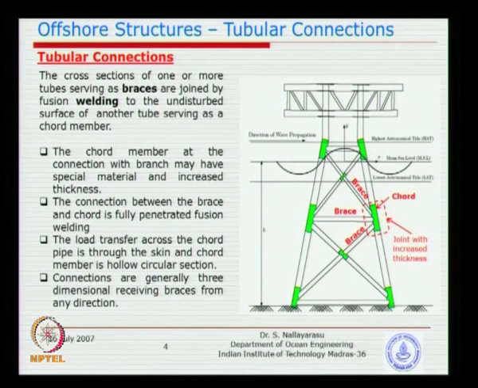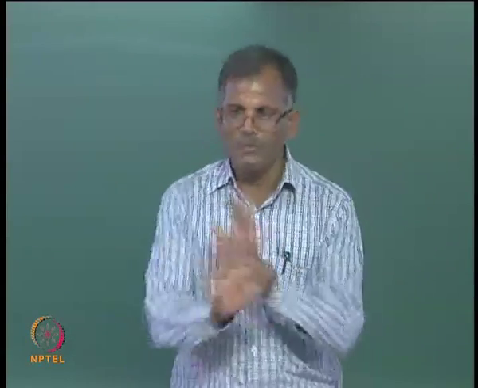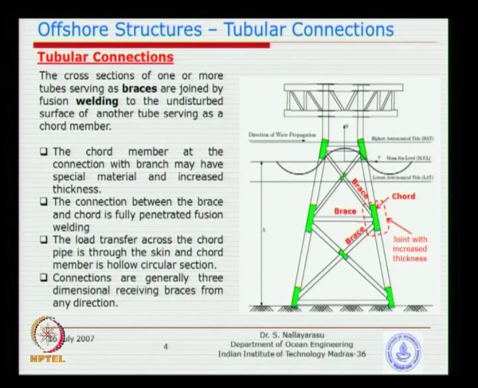So in this particular case, if you look at a particular connection, I have just taken one frame, one elevation from a 3-dimensional structure, and drawn one section in a simplified manner. What is called a joint or tubular connection: a receiving member is called a chord. This is just a technical name used by researchers and in the literature. The member transferring load from elsewhere towards the joint is called a brace. So those members are all transmitting the loads to the joint, and the total assembly is called a tubular connection.